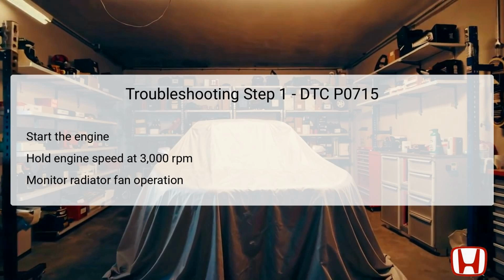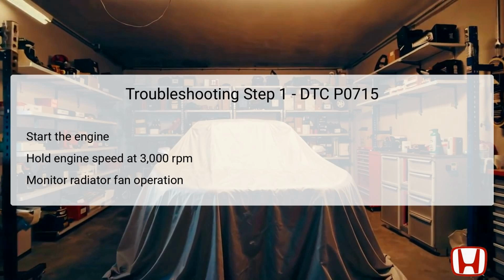By keeping the speed at 3,000 RPM, you can ensure the system is under a controlled load, which will allow for better assessment of the sensor's functionality. This step is pivotal as it prepares the system for the next phases of testing. It's essential to perform this step in a safe environment, ensuring that the vehicle remains stable while